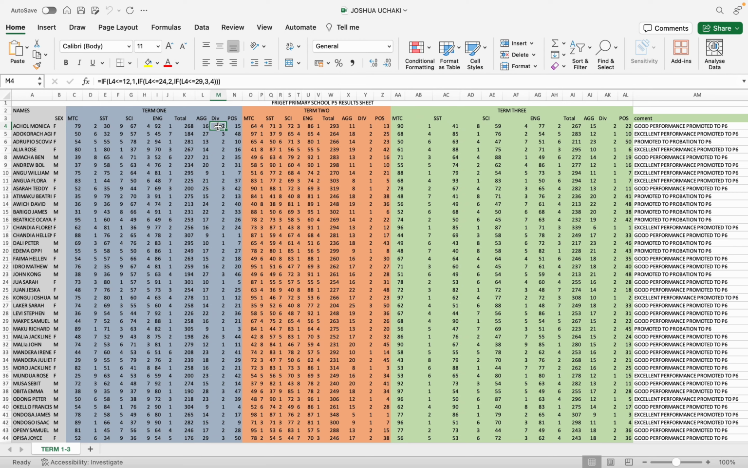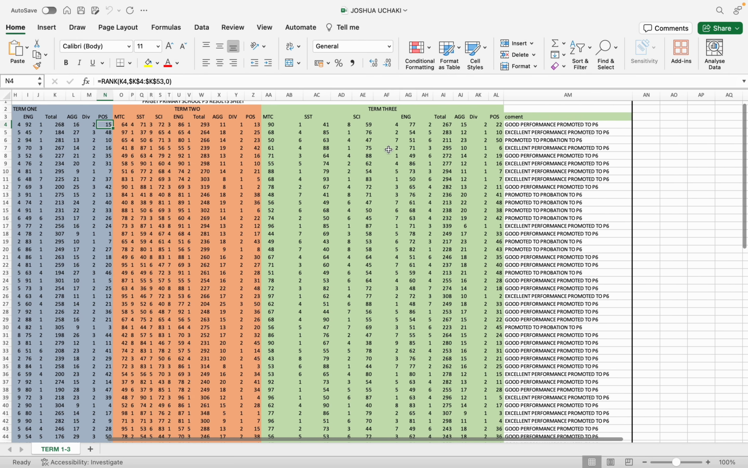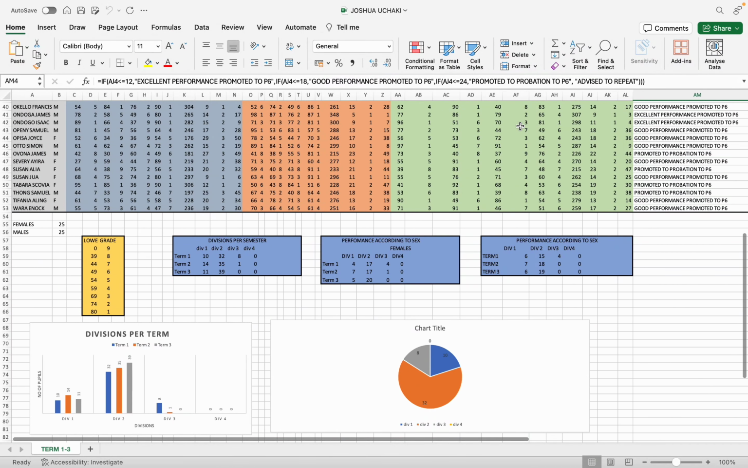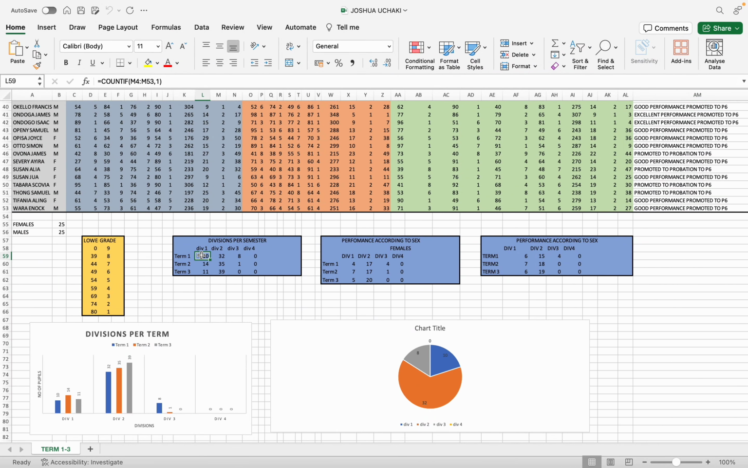For the division, we use the if function. We use multiple if functions to generate. And then for performance, we use the rank function. And then for the general comments at the end, we also use multiple if functions to generate this performance, the comment at the end. And then these perform divisions, to get the number of divisions got per term,